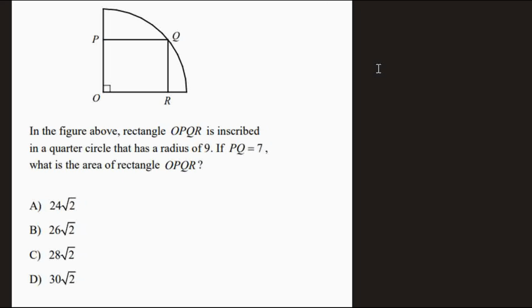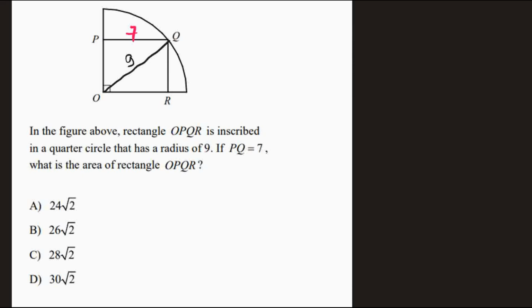Information that we get is that the radius is 9. So this is 9. This is the radius of the quarter circle. If PQ is 7, so PQ is 7. What is the area of the rectangle